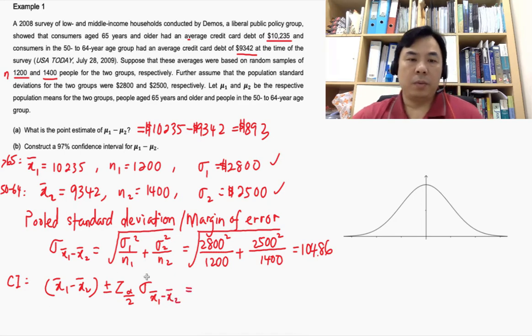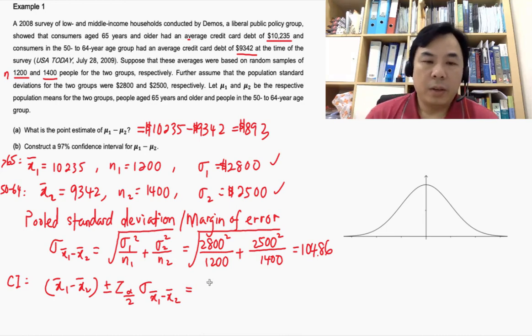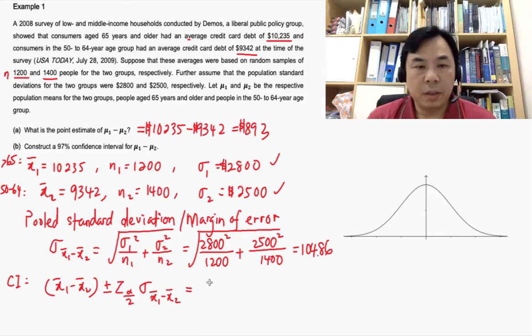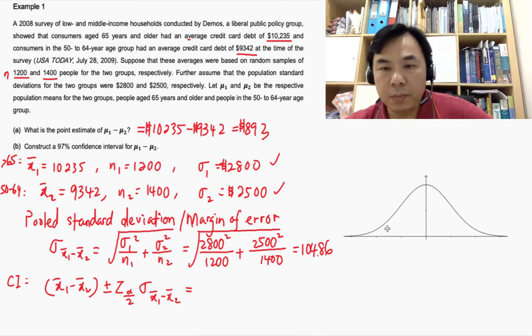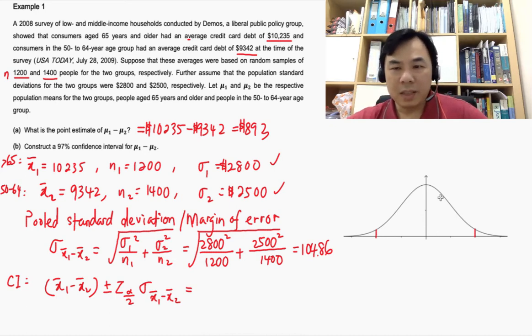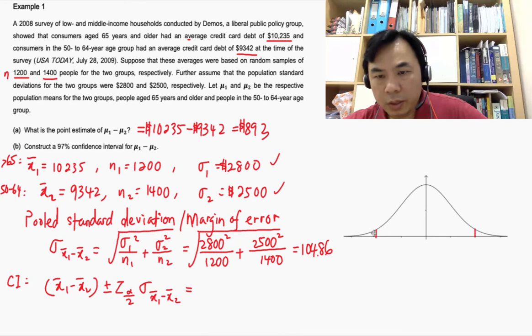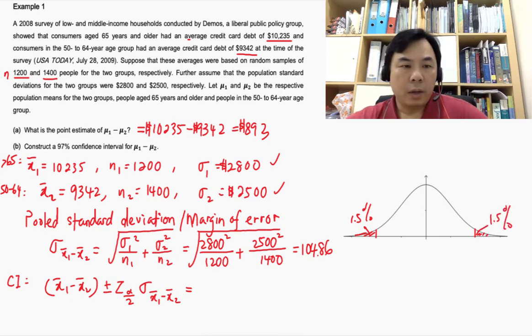Okay, now before we can tabulate this, we are going to obtain the critical values from the data booklet. So we are looking at 97%, a 97% confidence interval. Basically, this whole thing will be 97%, and then we know that this section here must be 1.5%. This part must be 1.5% also. And then from the data booklet that we are getting,